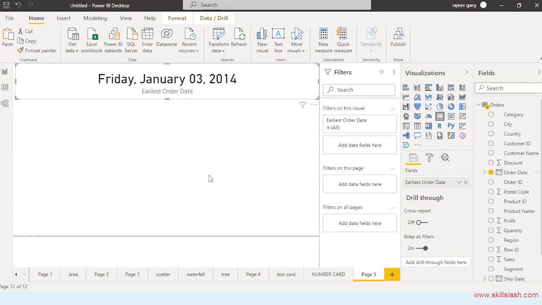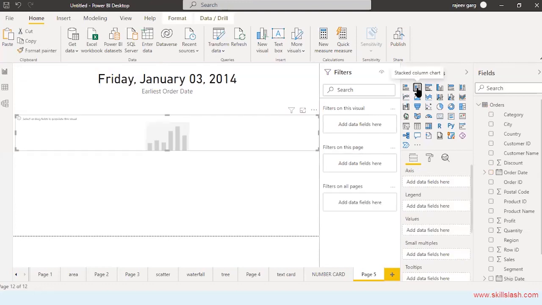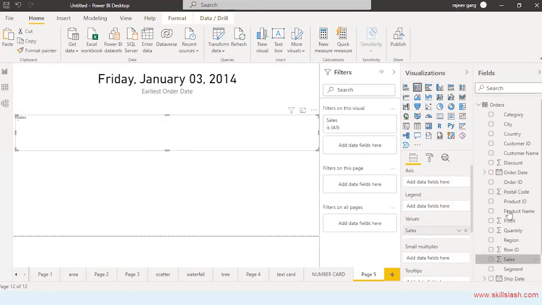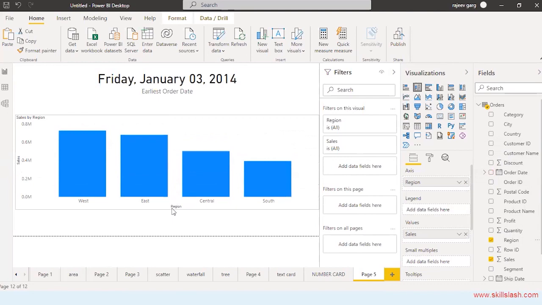Okay. And let me take a visual over here where I would like to display the sales on the basis of region. Let me click on West.